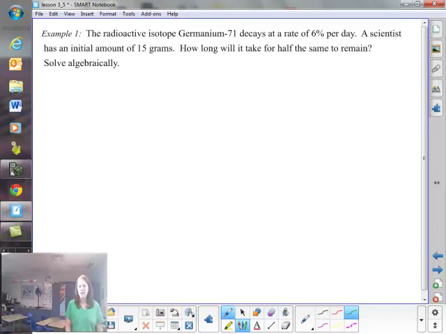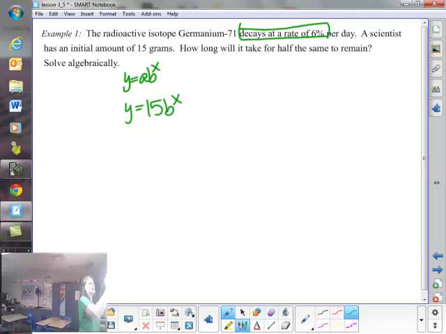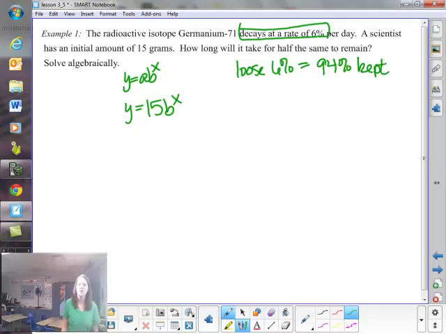Okay, the first thing we need to do is create a model. So as soon as we see that we are decaying or growing at a percentage rate, our brain should think exponential. So we're going to go with y equals ab to the x power. And keeping in mind from our exponential unit earlier, we know that the A is the original amount, so the scientist had 15 grams to begin with. And if we are decaying at a rate of 6%, that means we lose 6%. If we're going to lose 6%, the question is, how much are we going to keep? Well, that means we're going to keep 94%. Kept, if you will. Okay, so if we're going to keep 94%, that is our B value as a percentage rate,